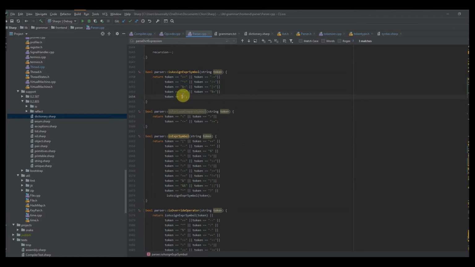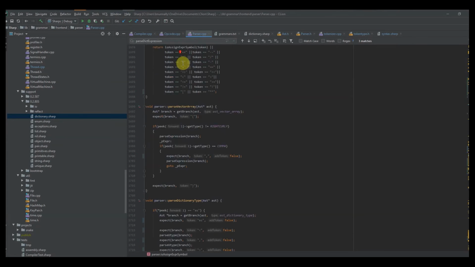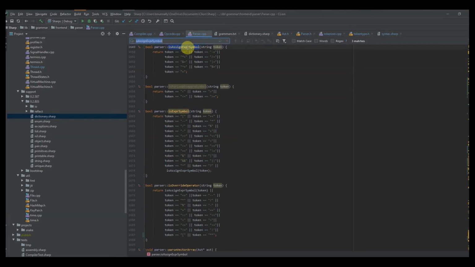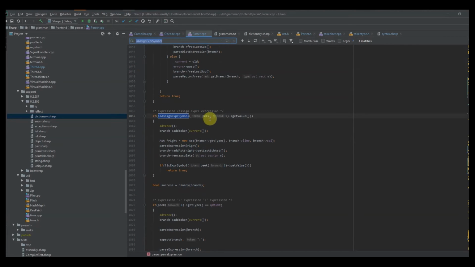So we have, of course, our standard assign, and then what this is called on the back end is a compound assignment, which basically allows us to do multiple things. Not only are we assigning a variable a value, we're also adding that value. So plus gets, instead of just saying x is equal to y, would be x is equal to x plus y. So it does a little bit more work. In order to support that, I'm going to just do a find here so we can go back to where we were. When we have our assign expression symbols, of course, if it's the next token, we advance,